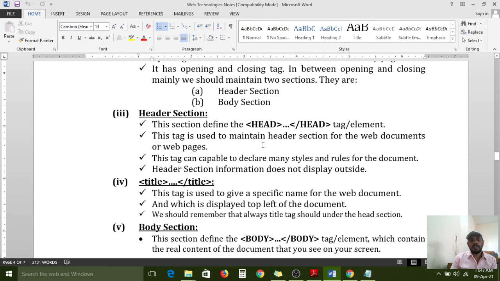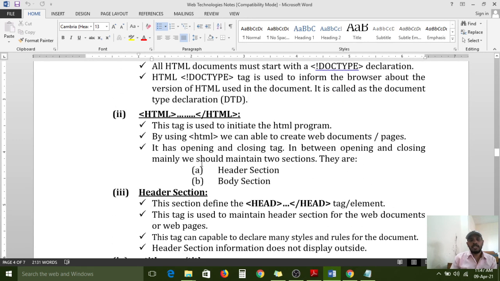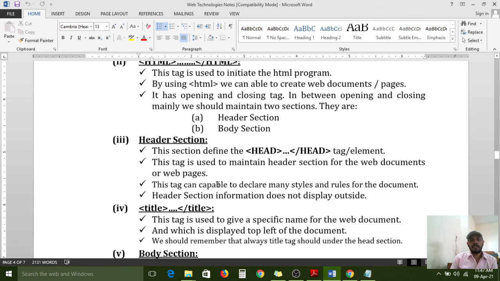HTML is the root element, with an opening tag and a closing tag. In between these two tags, we have to write our page content. That complete HTML page is divided into two sections: the header section and the body section. The header section contains the web page title information and extra information, but the code is not visible.